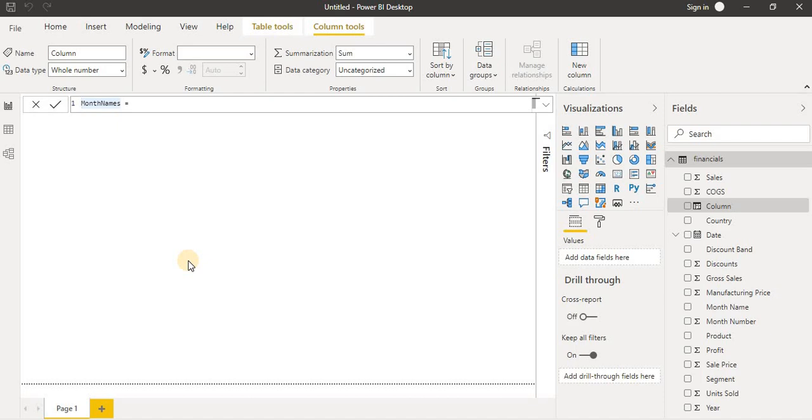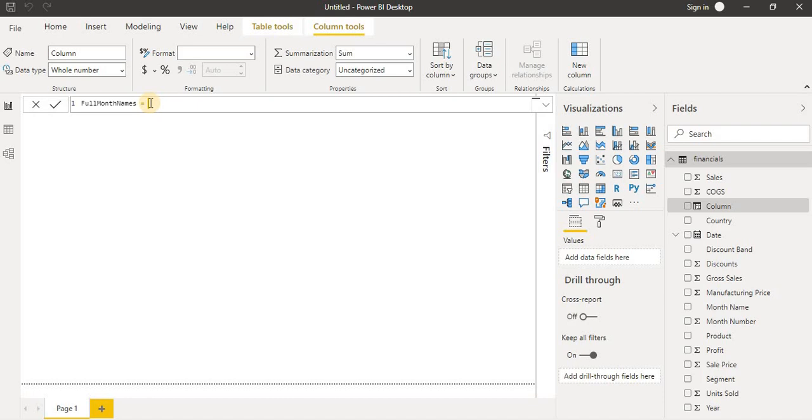I'm going to show the full month names. In this month name I have the month name and the month number. I'm going to show which month number indicates which month name.